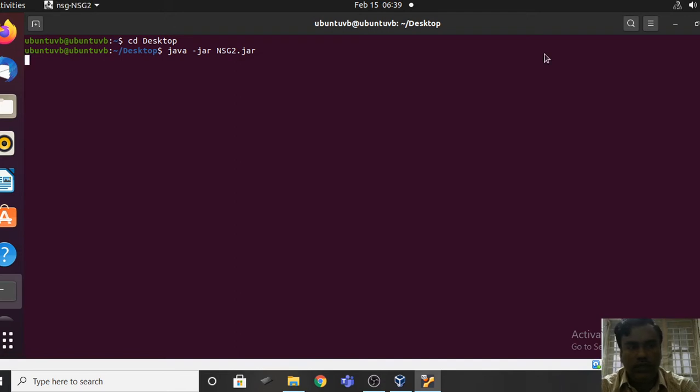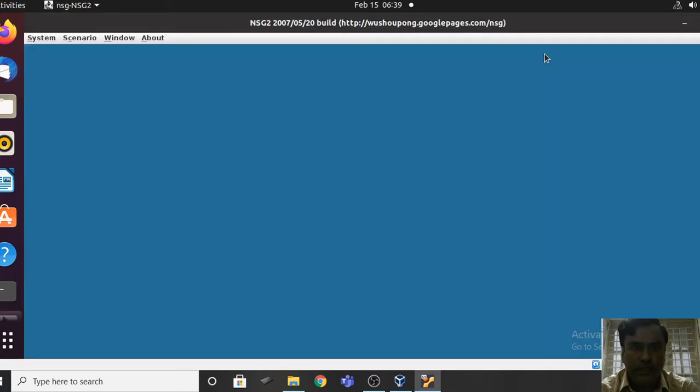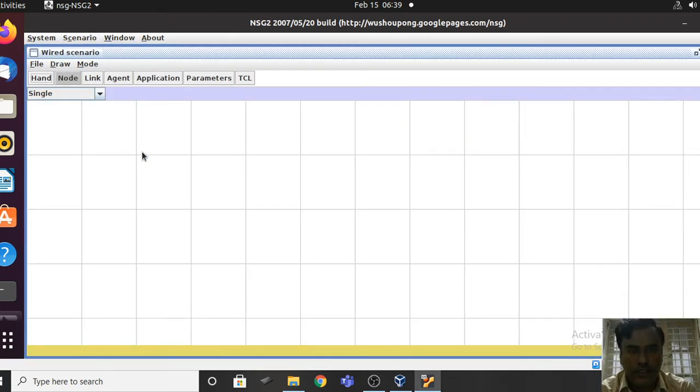So a new window will get open. In this window you click on scenario, and then click on new wired scenario, and then I'm going to create a dumbbell shape network. So this is the dumbbell shape network.